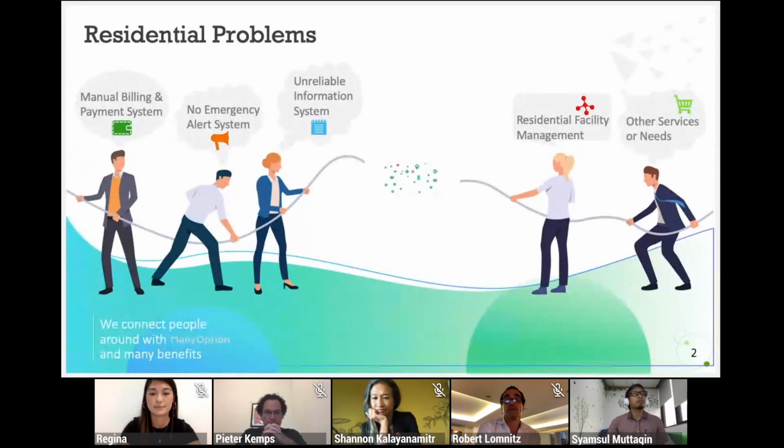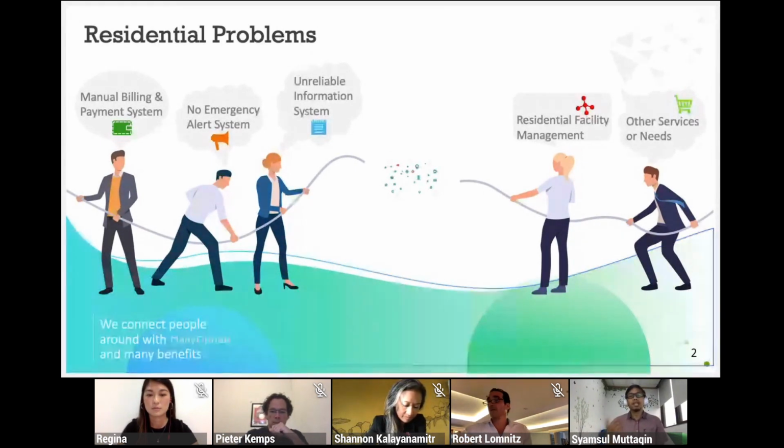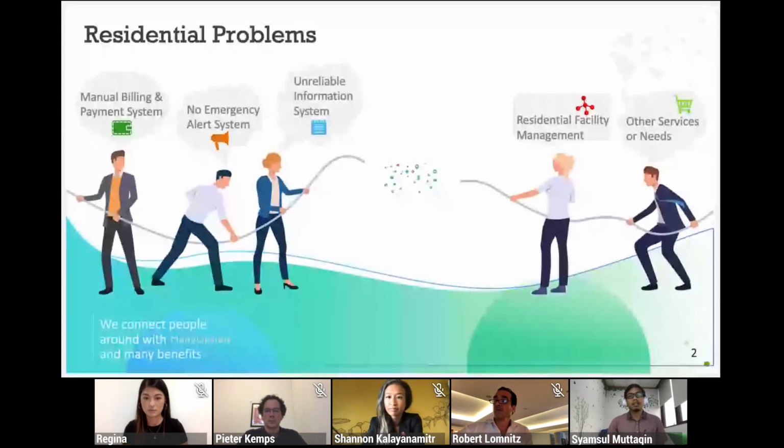There is also another problem: an unreliable information system, where information from the building management sometimes does not get delivered to the residents because of the manual system. From the resident's perspective, in apartments, especially in Indonesia and Jakarta, there is a restriction on outsiders entering the apartment.